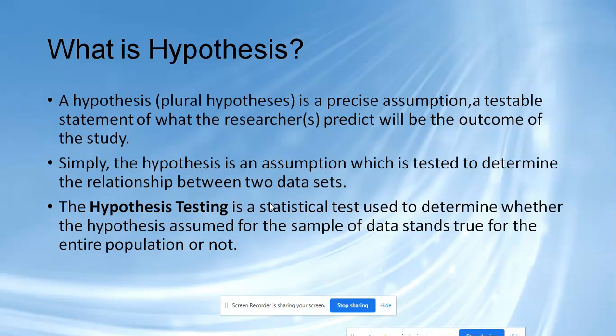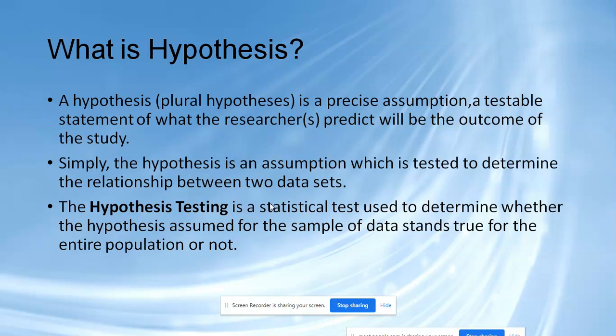So you conduct a certain statistical test of hypothesis. You make a certain assumption related to consumer buying behavior: the consumer has a positive response towards online shopping. This is your statement. So you collect the data from the 300 respondents, and from these 300 samples you predict, or state your hypothesis for the entire population, whether it is true or false. That is nothing but what we call hypothesis testing.